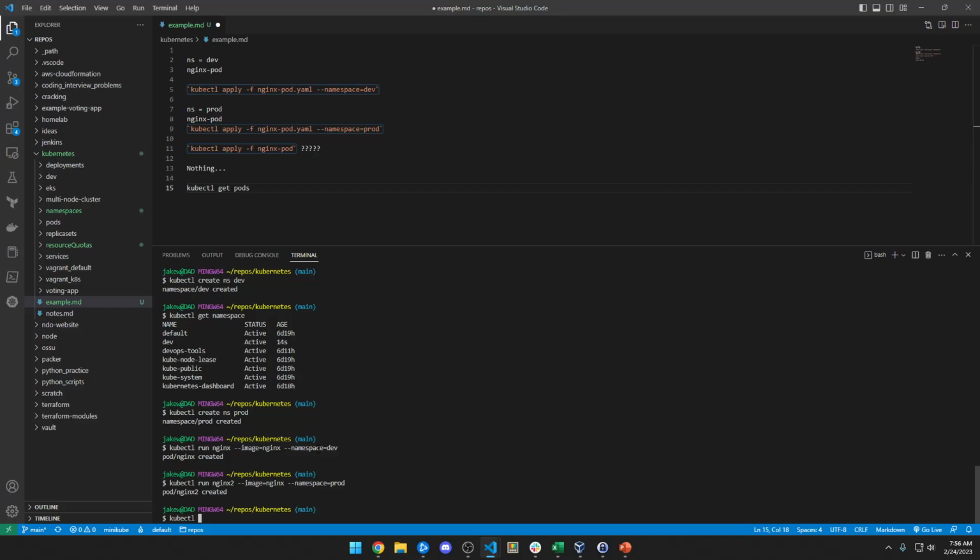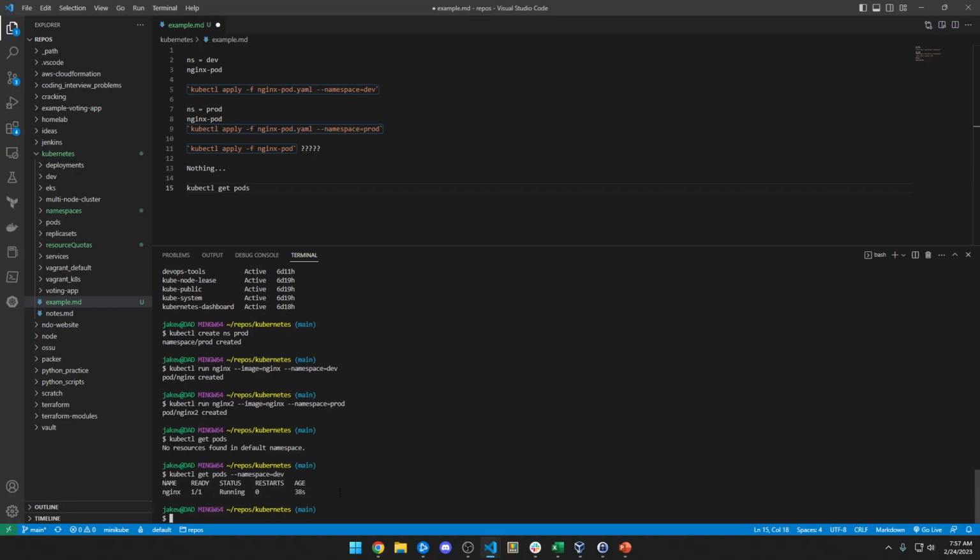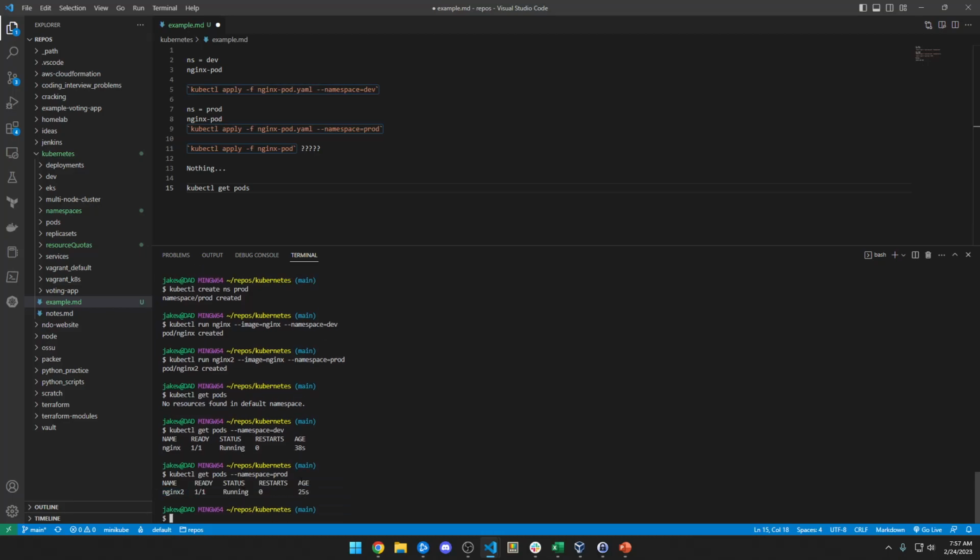So kubectl get pods. There's no pods because it says it's in the default namespace. But if I do --namespace=dev, we expect to see my nginx one. If we do prod, it should show my nginx2, which it does. So this is a way, if you wanted to create a declarative file and you wanted to apply it, you